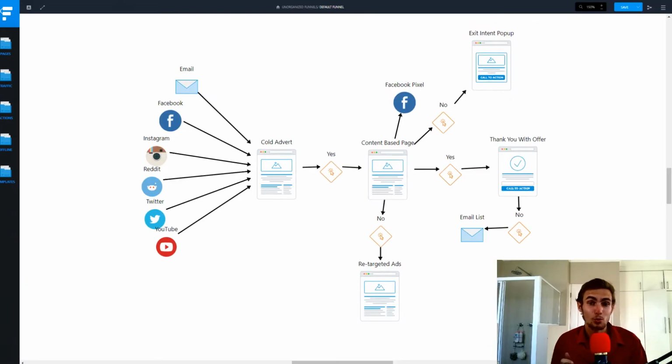And I like to use the rule of 1 to 2 months. Basically what this means is, once clients have clicked no on your content or a cold advert, they will get the retargeted ads. So from there, if they don't at least click or engage with your retargeted ads for a month or two afterwards, completely remove them from your campaign.